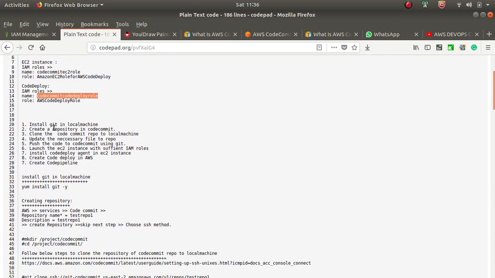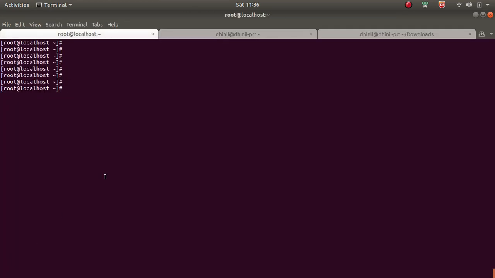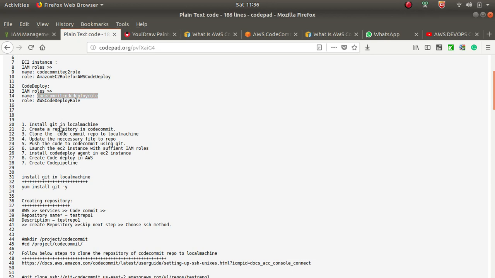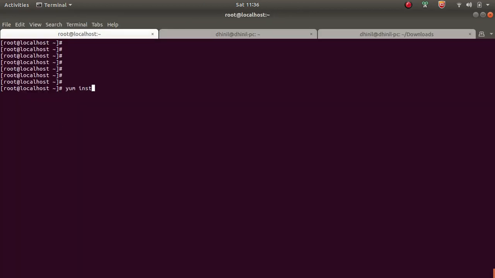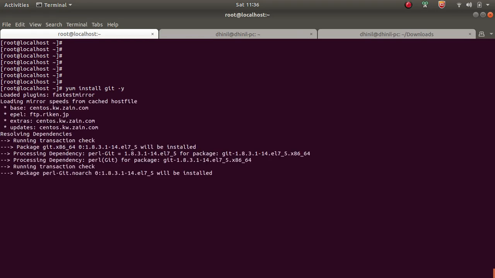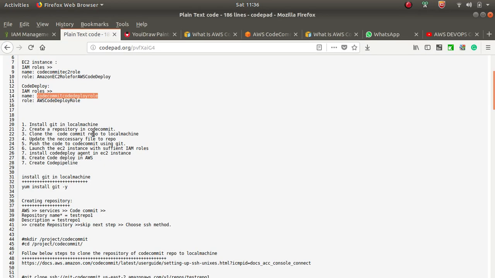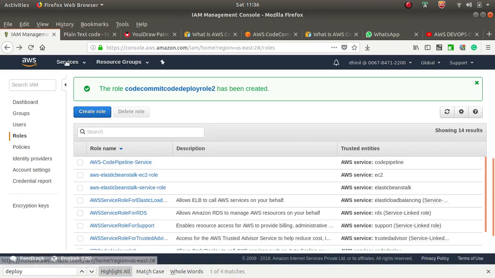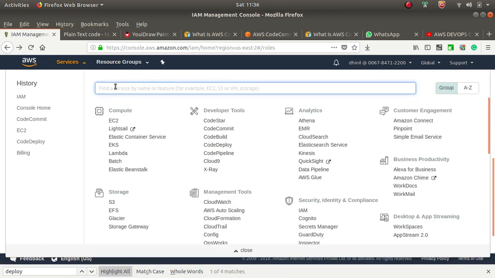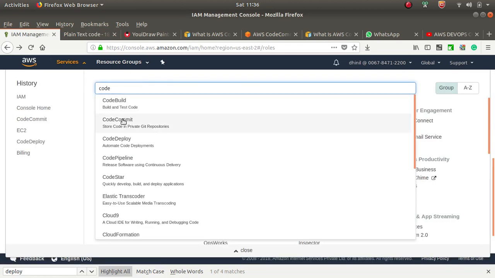Now next we need to install Git in our local machine, so use yum install git -y. It will automatically install Git using yum. Next we need to create a code commit repository in AWS. So in order to create code commit, just go to code commit,